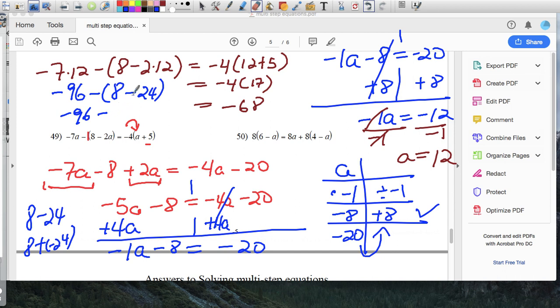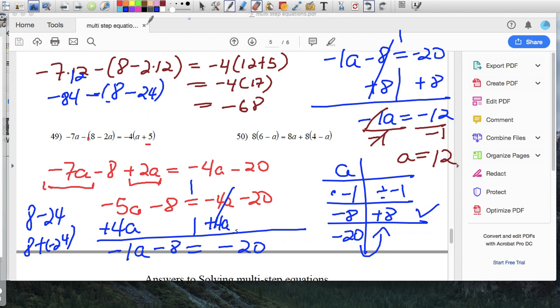I'm still doing something wrong. What am I doing wrong? 7 times 12 is 96. No, it's not. It's 84. What am I doing? Okay, 7 times 12 is 84. Negative 84. So thank God there's a check, because otherwise,